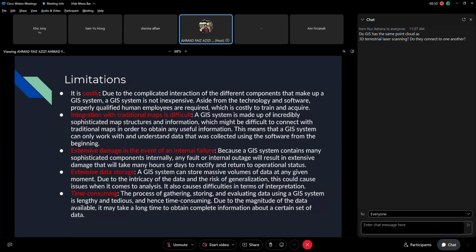Second, integration with traditional maps is difficult. So a GIS system is made up of incredibly sophisticated map structures and information. Saya kata tadi kita ada vector data and raster data. Dan with this kind of data dan all of the attributes, kita boleh asingkan lah what we want. But